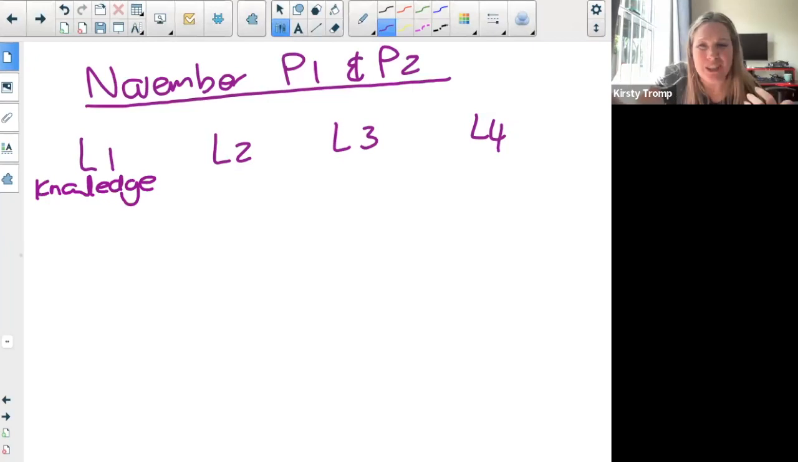If we're looking at questions in paper 1, examples of knowledge questions would be looking for the domain of something, or looking for the equation of a straight line, those kinds of questions. Really nice, basic knowledge type questions. Okay. Level 2 questions. Level 2 is what we call